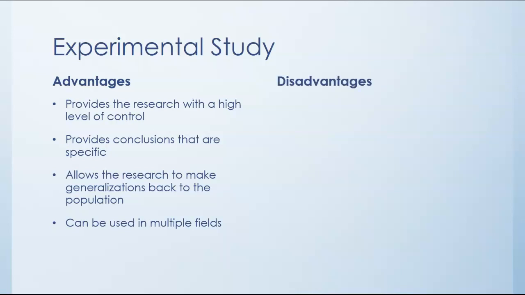So some disadvantages. It is definitely subject to human error, both on the researcher and the subject side of the house. We do have some ways to control that. We call them blind and double-blind studies. Blind studies means that the participant does not know which group they're assigned to, whether they're assigned to the experimental or control. A double-blind study means that neither the researcher nor the participant knows which group they're in. So that allows us to control some of the error that could happen inside of that study.